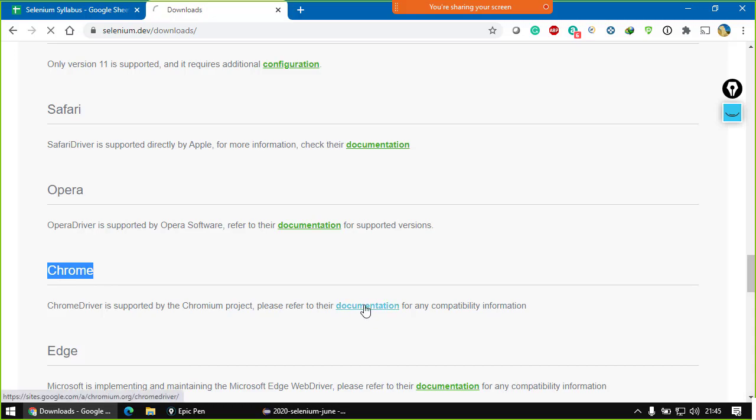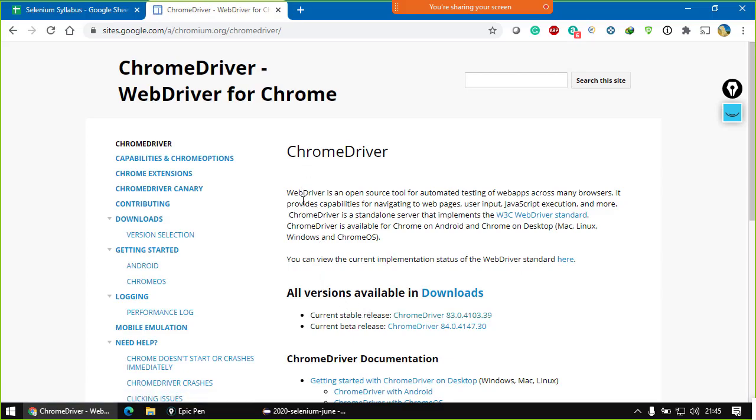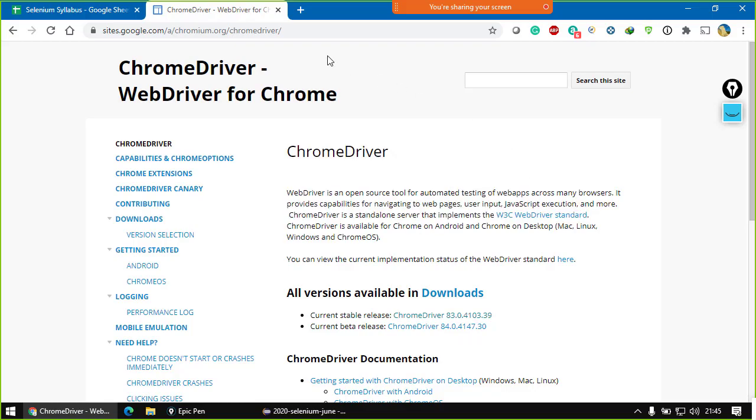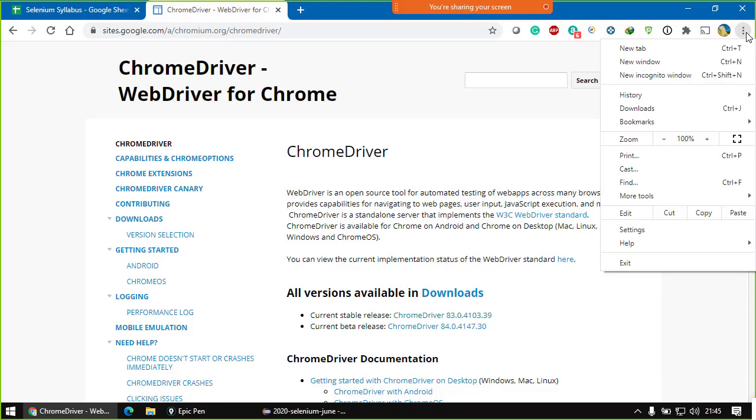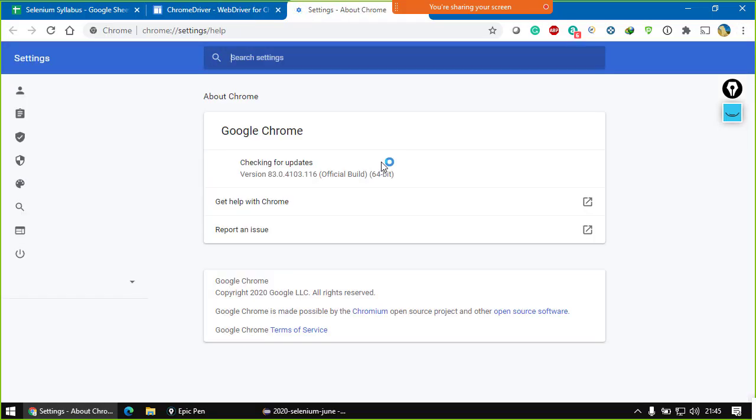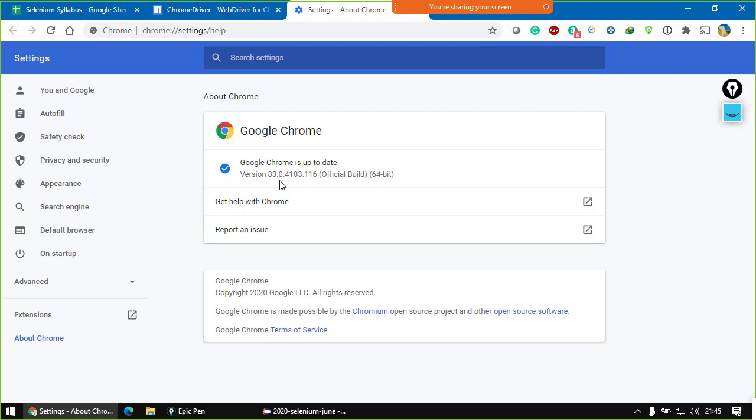Go to the documentation, and here you would see that this is the page telling us about the downloads, right? So which version you need to download? As you can see, there are some versions mentioned. The best thing is to check the current browser version: go to these three dots, then go to help and then go to about Google Chrome. Here on this screen you would be able to find the version which is installed on your machine. So it is